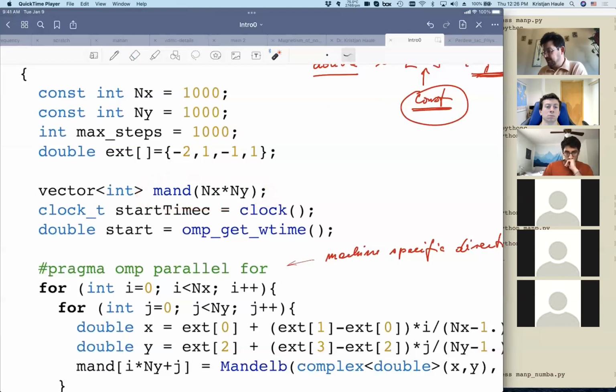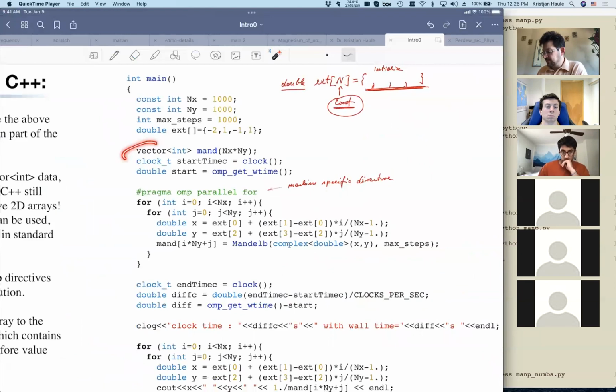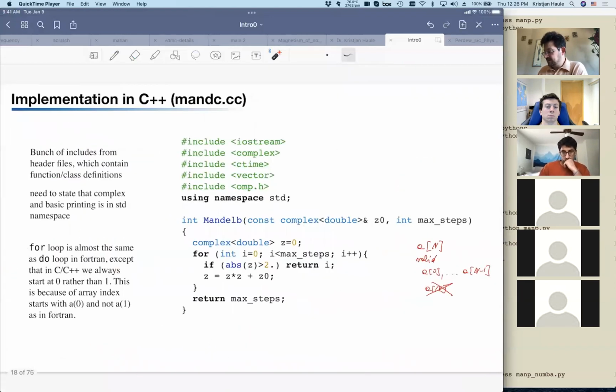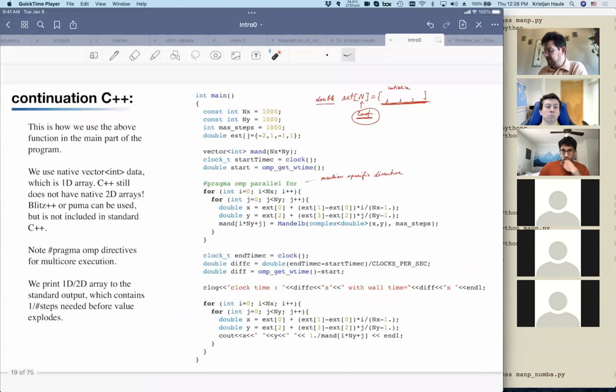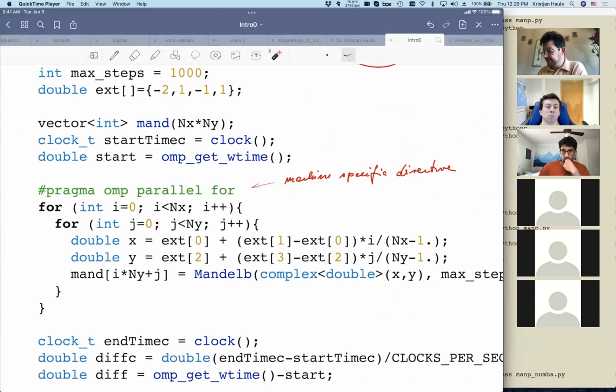So vector is something that appears in an include file. We need to have this include file vector, and then we can use the type vector in our code. So this statement actually allocates it, so it prepares the memory, but it doesn't set it to any number yet. It doesn't set it to 0 or something. Then this statement here